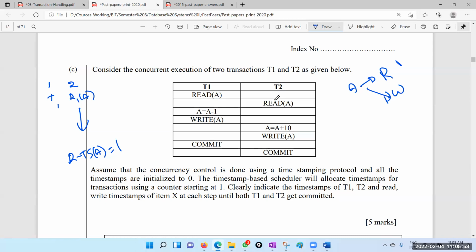Now transaction 2 starts. Okay, let's say this is the 3rd time slot where transaction 2 starts, and its timestamp is, let's say, 3. Now it needs to read A. How do you read? You look at the